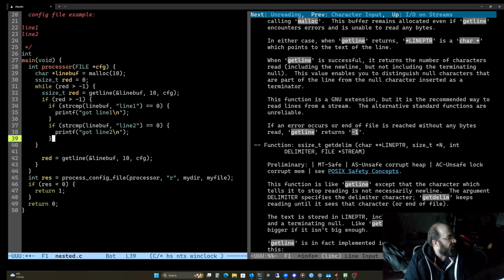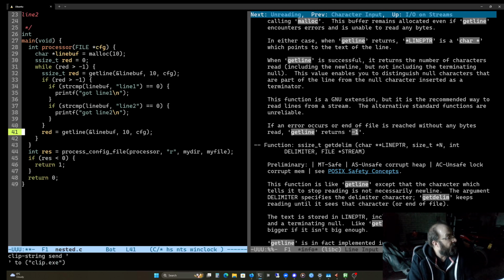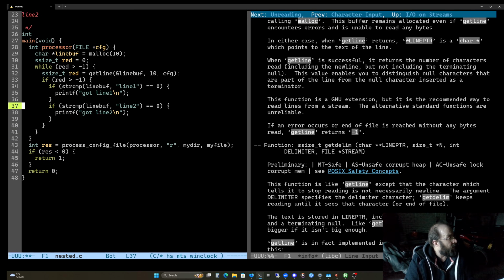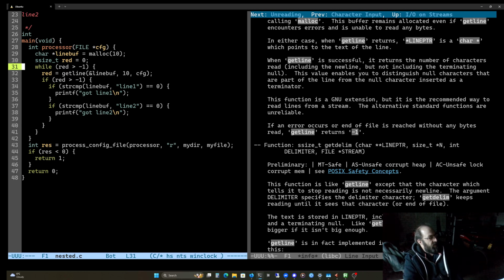So I think that's better. I don't need the second declaration. Oh gosh, that was annoying. Right, so we're going to read into the line buff. It's going to automatically reallocate.